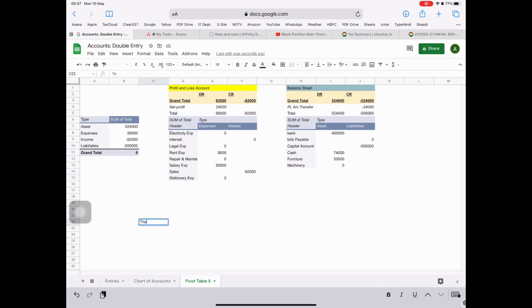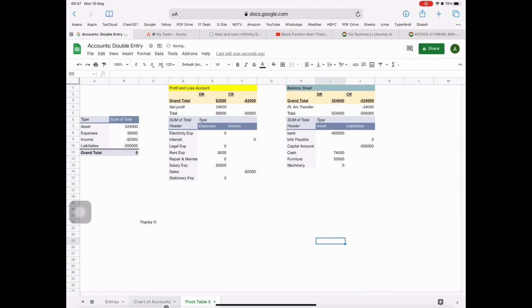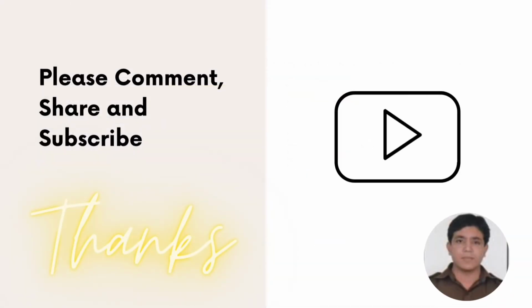Good morning friends, greetings for the day. Today I am going to teach you how to do accounting in Google Sheets. Just go into your account, click the 9 dots, click the plus button. You will enter in the blank Google Sheet document. First we need to rename that document accounts.